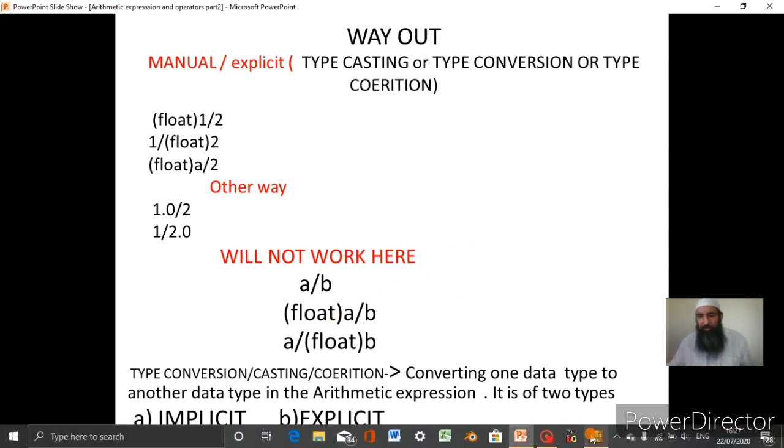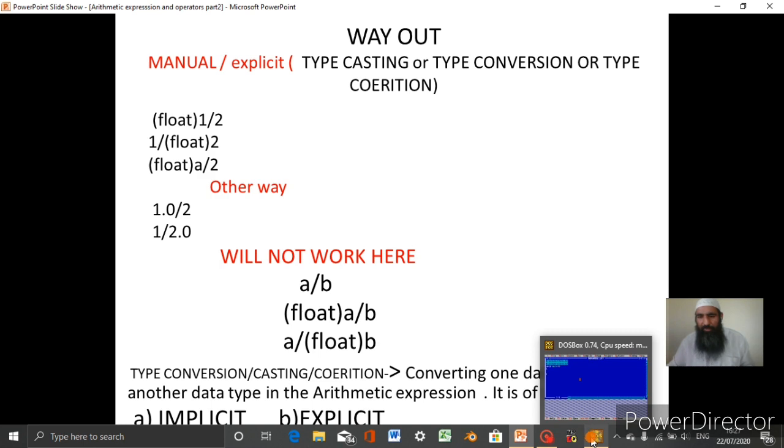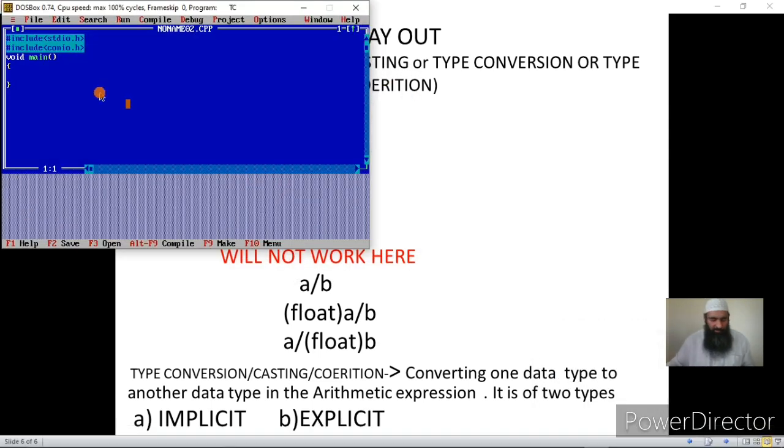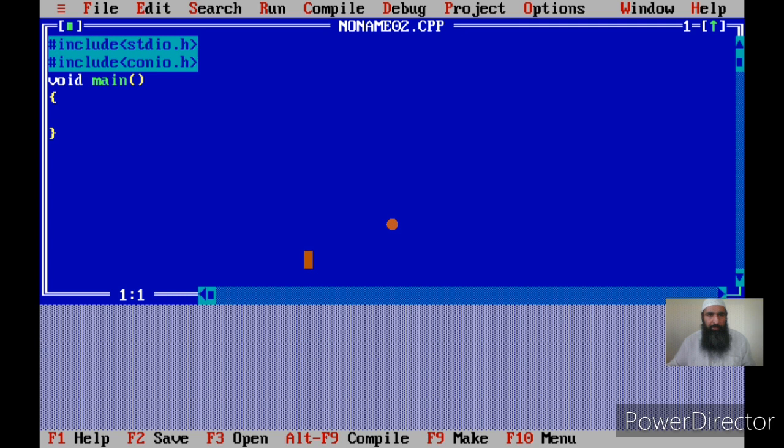I can show you a bit of an exercise on this IDE. Now if I declare a variable int a, the first limitation of C I will explain. a is equal to 9.8, but a cannot hold 9.8. It should have given an error because I am assigning a decimal value to an integer, but C does not give an error.